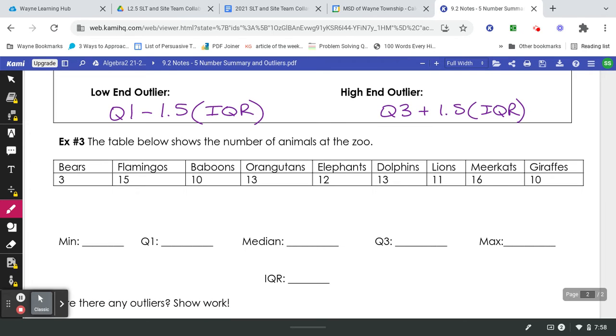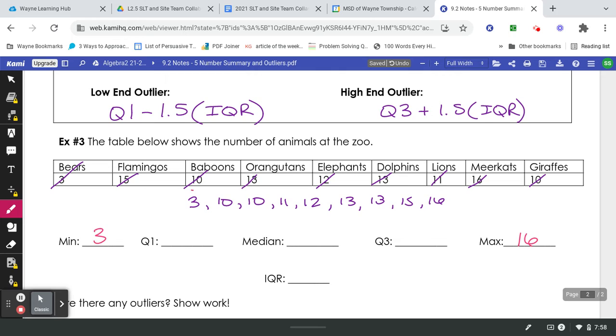All right, example 3. We'll start by putting these in order. So I've got 3, followed by 10, and another 10, and then 11, and 12, 2 13s, a 15, and a 16. All right, minimum 3, maximum 16,